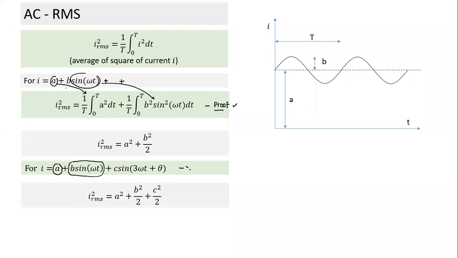So this will be I_RMS square if any term is of this nature. Am I giving a proof? No, because first of all, this kind of question should not come. But if it comes, you can easily solve it without proof. The proof becomes complicated, is not necessary, and is not in the syllabus. To solve, just keep this in mind: we take the average of the square of each term independently. The average of the square of this is a square, the average of the sine function is b square by 2, and this becomes c square by 2.